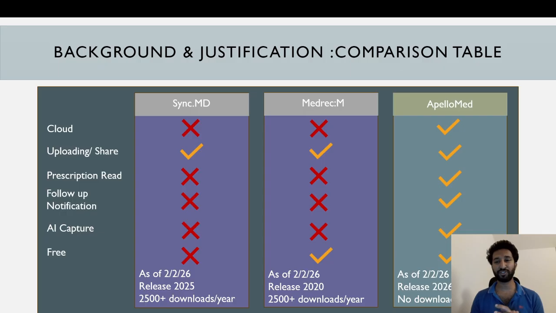So here, background justification and comparison table. Here we have the SINSMIT, Maverick, and AppelloMed, compared on cloud uploading, share, prescription read, follow-up notification, AI capture, and free. The SINSMIT app was released in 2025, with 2,500 downloads per year as of 2026. The Maverick app was released in 2020, also with 2,500 downloads per year. And AppelloMed, I have configured everything, but